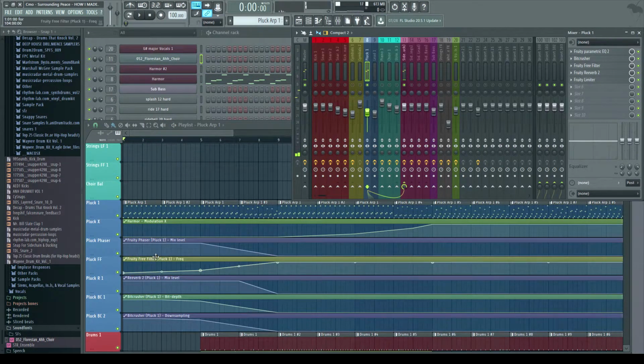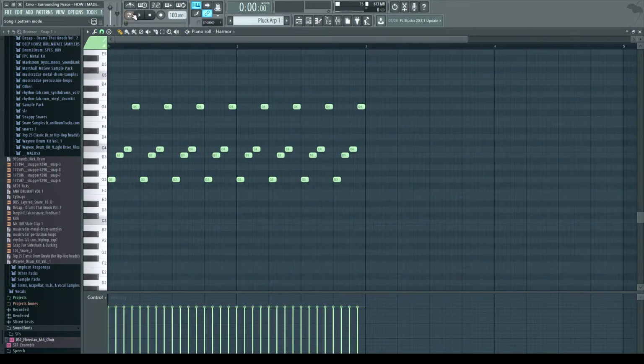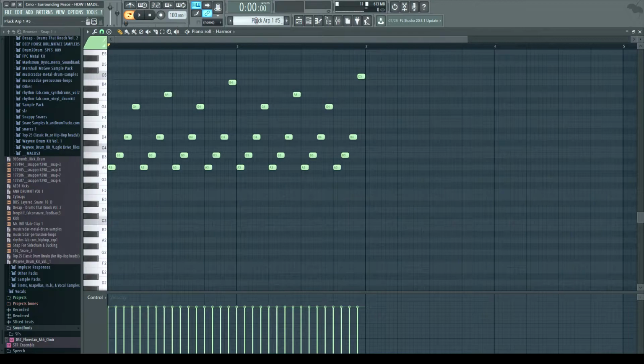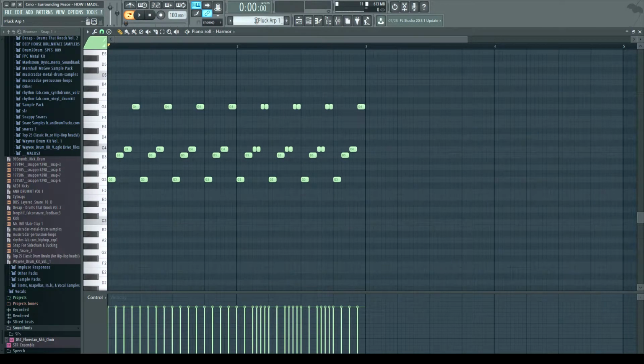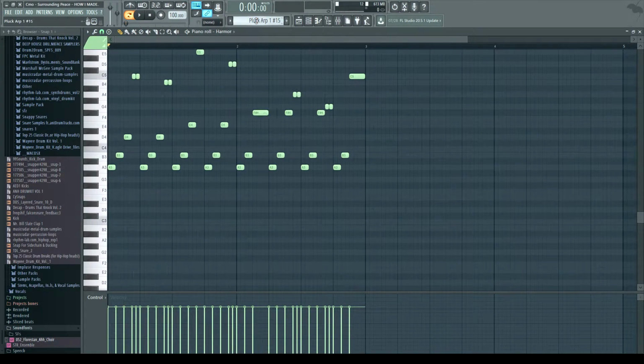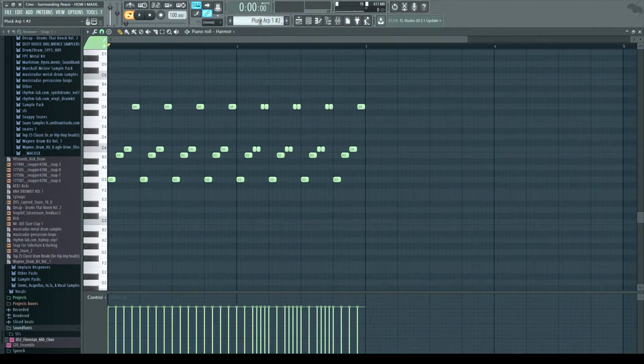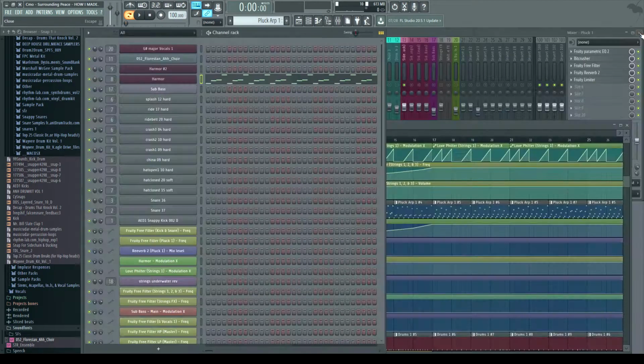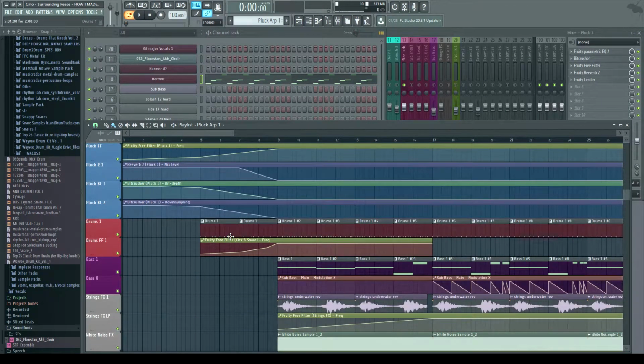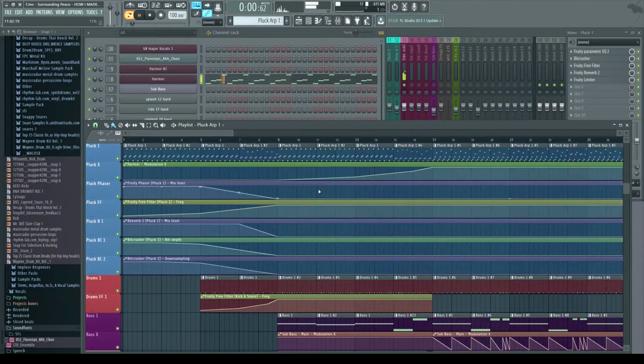That's the first thing you hear, and it's really just a basic ARP. This track, I believe, was made in G major. I want to say G major, although I could be wrong. I think I had to lower everything down a semitone, because originally it was going to be G sharp, I believe. But that's the first thing you hear here.